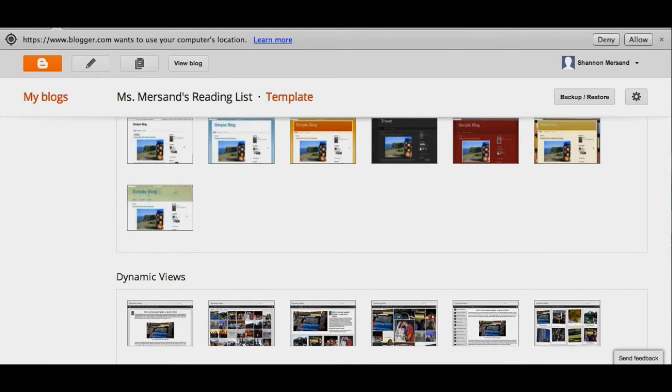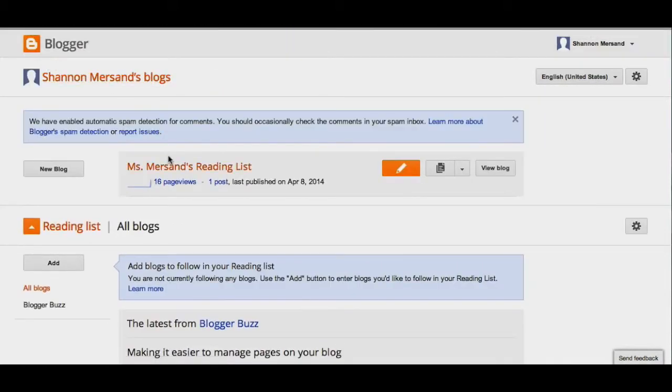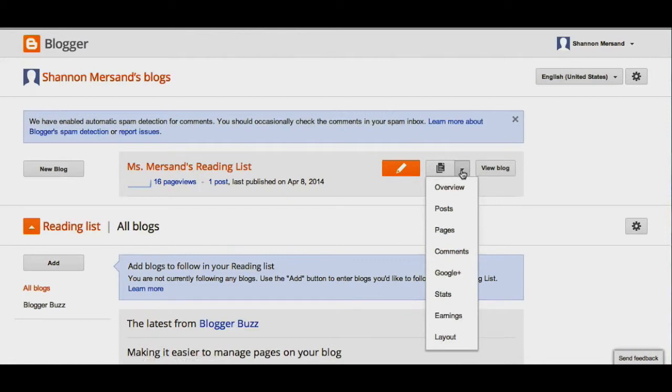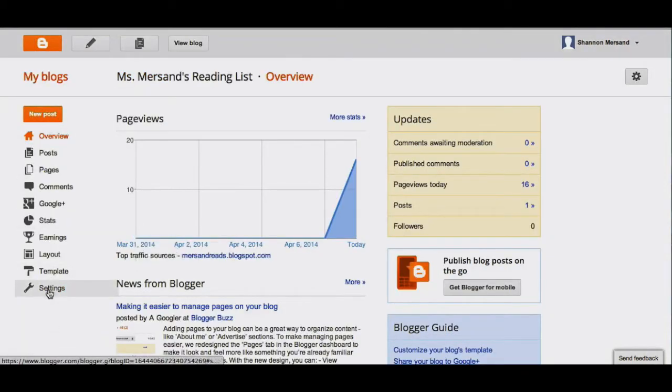If I go back to my Blogger and get back to my dashboard, which I do by clicking on the orange bee in the upper left-hand corner, you'll see that I have my blog listed. I have the option to add a new post right from here, and I can go into an overview, my posts, my pages, comments, etc. When I click on Settings,